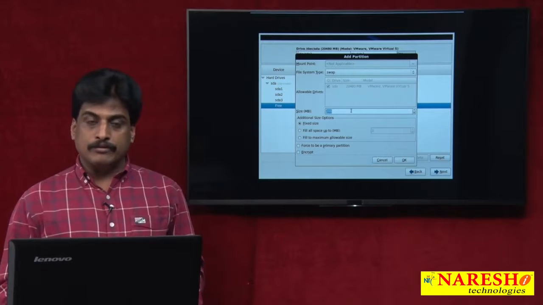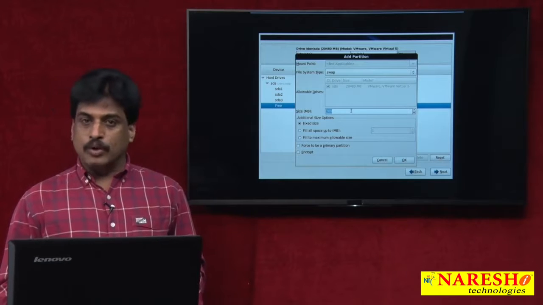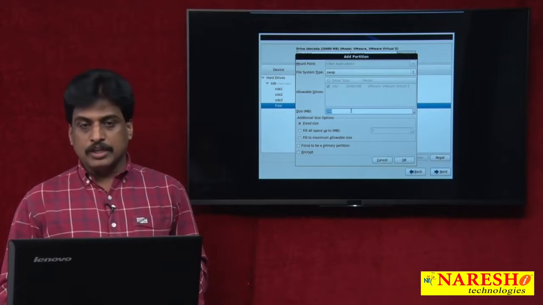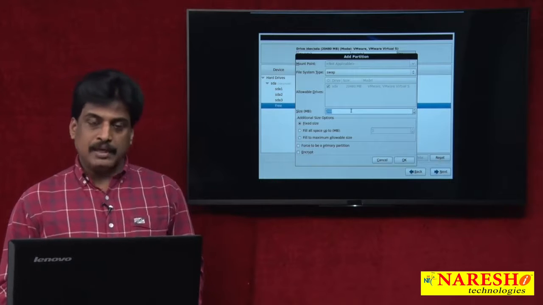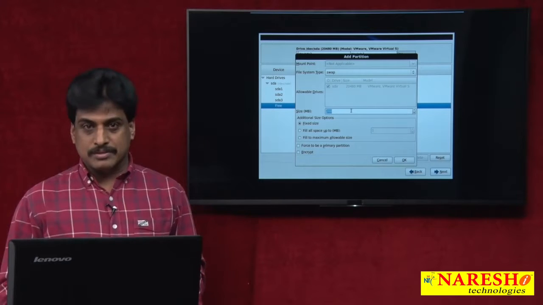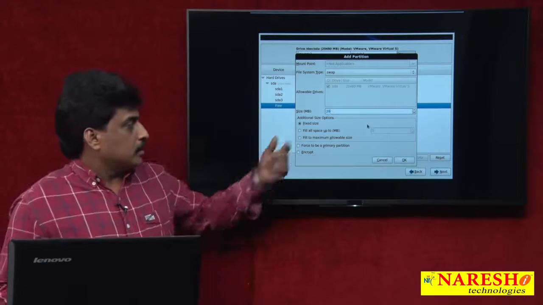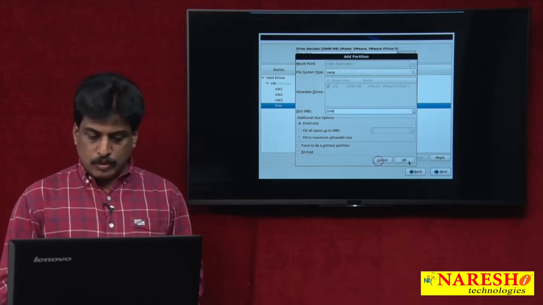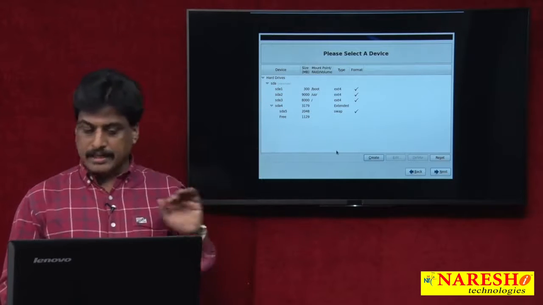If you are using 512, enter 1024. If you are using 1024, which means 1 GB, enter 2048. If you are using 2 GB, enter 4096. I am entering 2048 here because I am using 1 GB, doubled. Click on OK. Four partitions are successfully created.